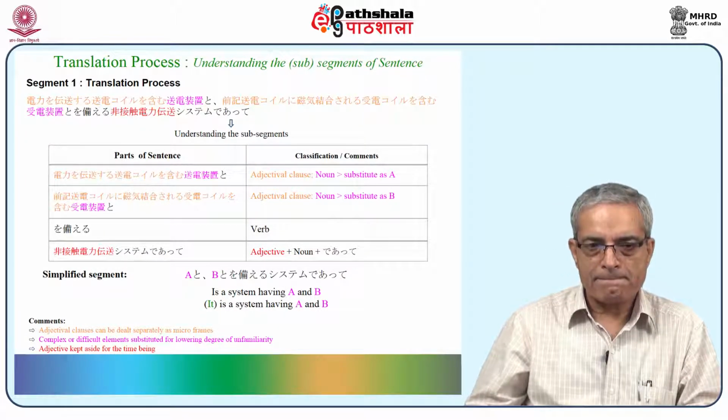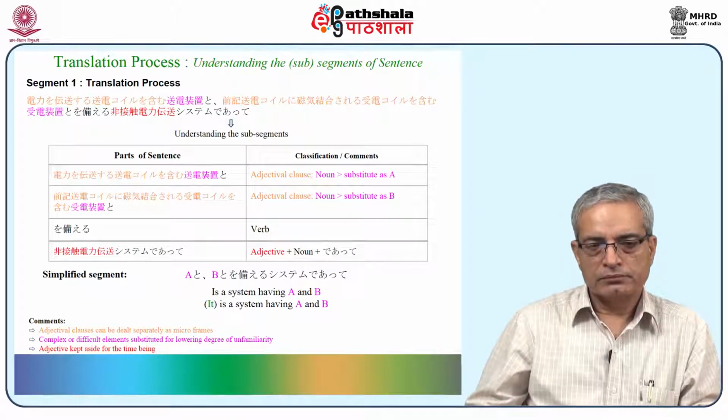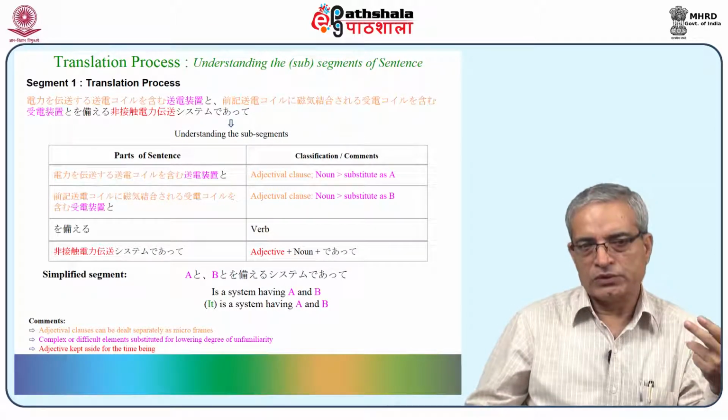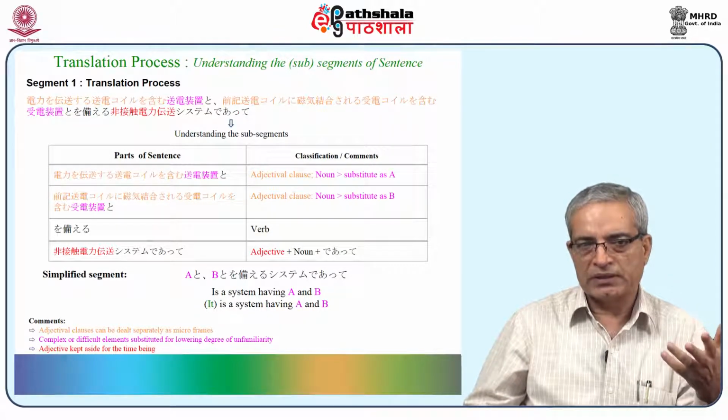The adjectival clauses can be dealt with separately as microframes. Complex or difficult elements are substituted to lower the degree of unfamiliarity. Adjectives are kept aside for the time being. We have done it earlier also. It's just to remind you, but if you can see, such a long or complicated-looking sentence becomes so simple